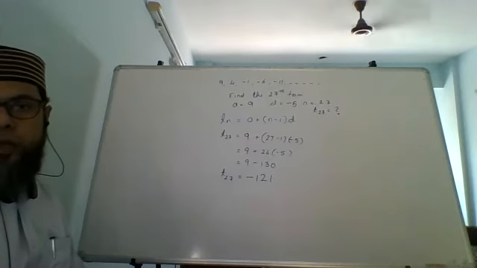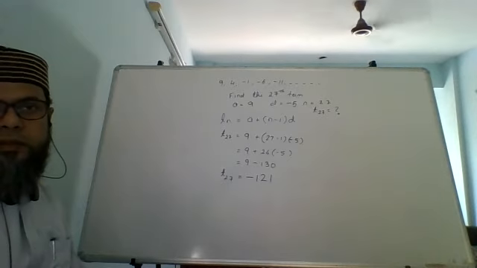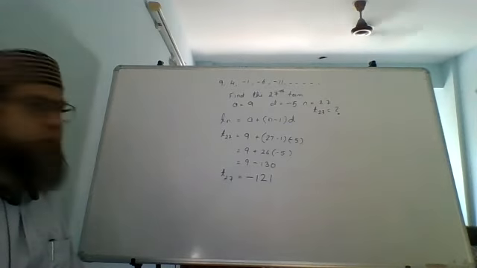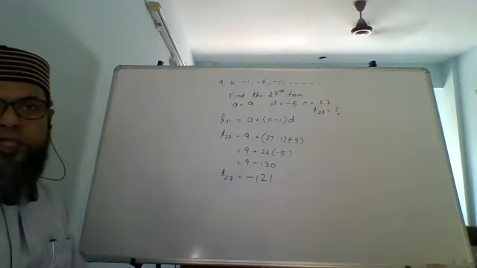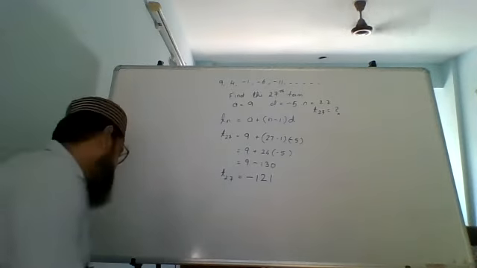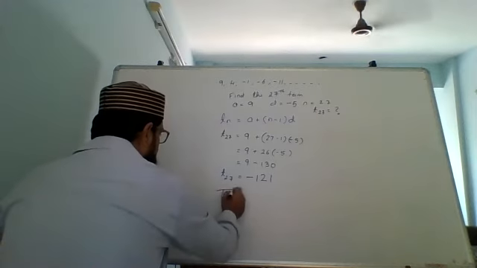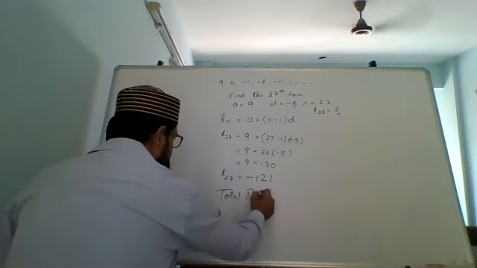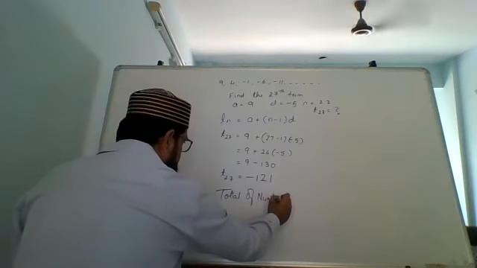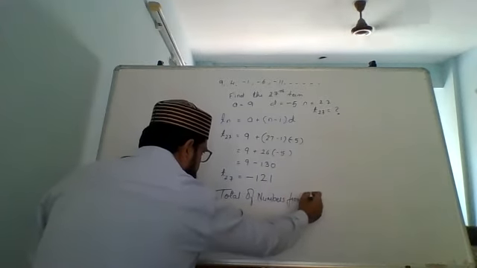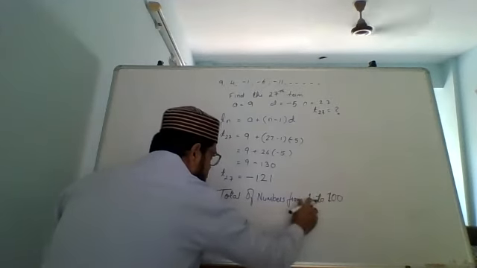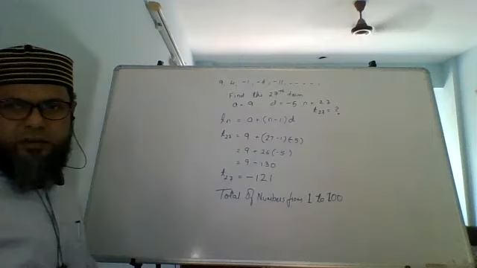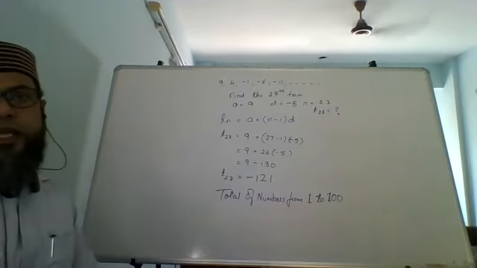What is the total of numbers from 1 to 100? Yes. You all know numbers, right? You all have learned from 1, 2, 3, 4 in school when you were in the small classes. So what is the total of numbers from 1 to 100? Let's see who can answer this. Total of numbers from 1 to 100. That's it. Not too many. Just total of first 100 numbers.